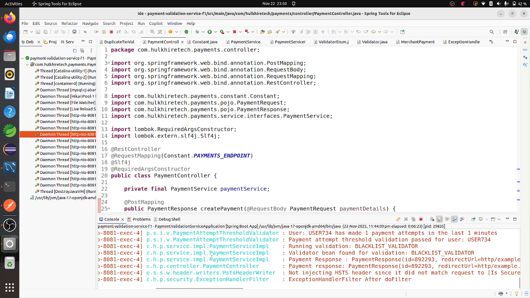In this particular package I have this implementation class, and from there I am getting this log. So I can easily understand from where it is coming. So this is called debugging. If you use this debugging mode, you can easily understand the flaws in your code. So that's all about